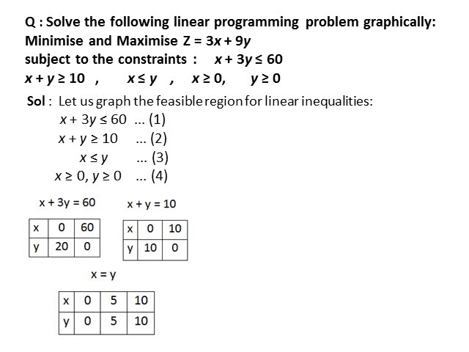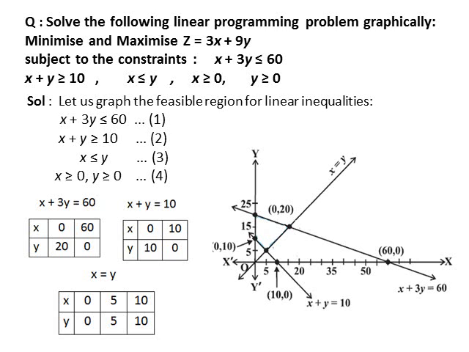Now draw x-axis and y-axis on a graph paper. Take suitable scale so that we will be able to plot all the points. Now plot the points of first equation on graph and join these points. Similarly, plot the points of second and third equation and join these points. We get three straight lines as shown in the graph.